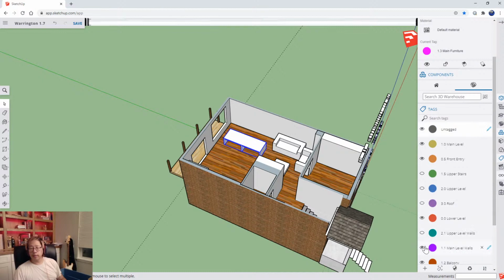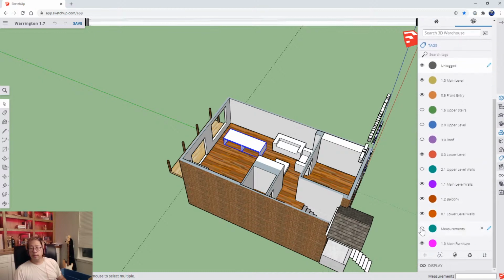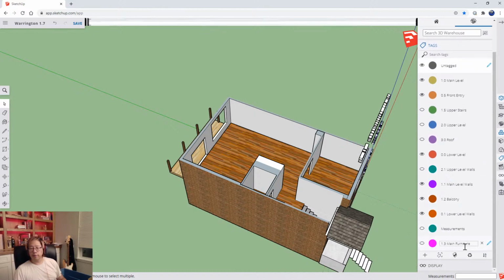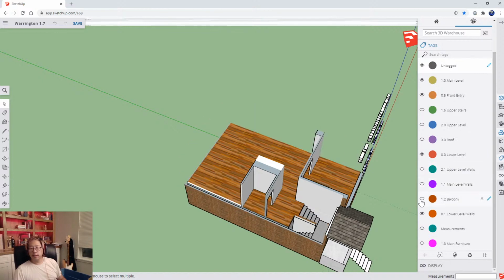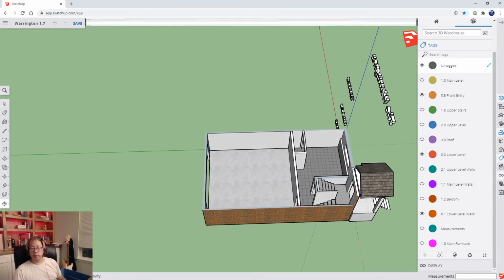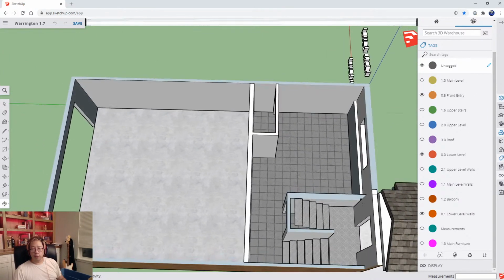And let me go back in there. Furniture, main floor furniture. And then of course I can remove the balcony, and I can remove the main level walls. Then I can continue going down, I can remove the main level. So there's my basement. It's essentially the HVAC utility room here, and then I just installed a closet, so